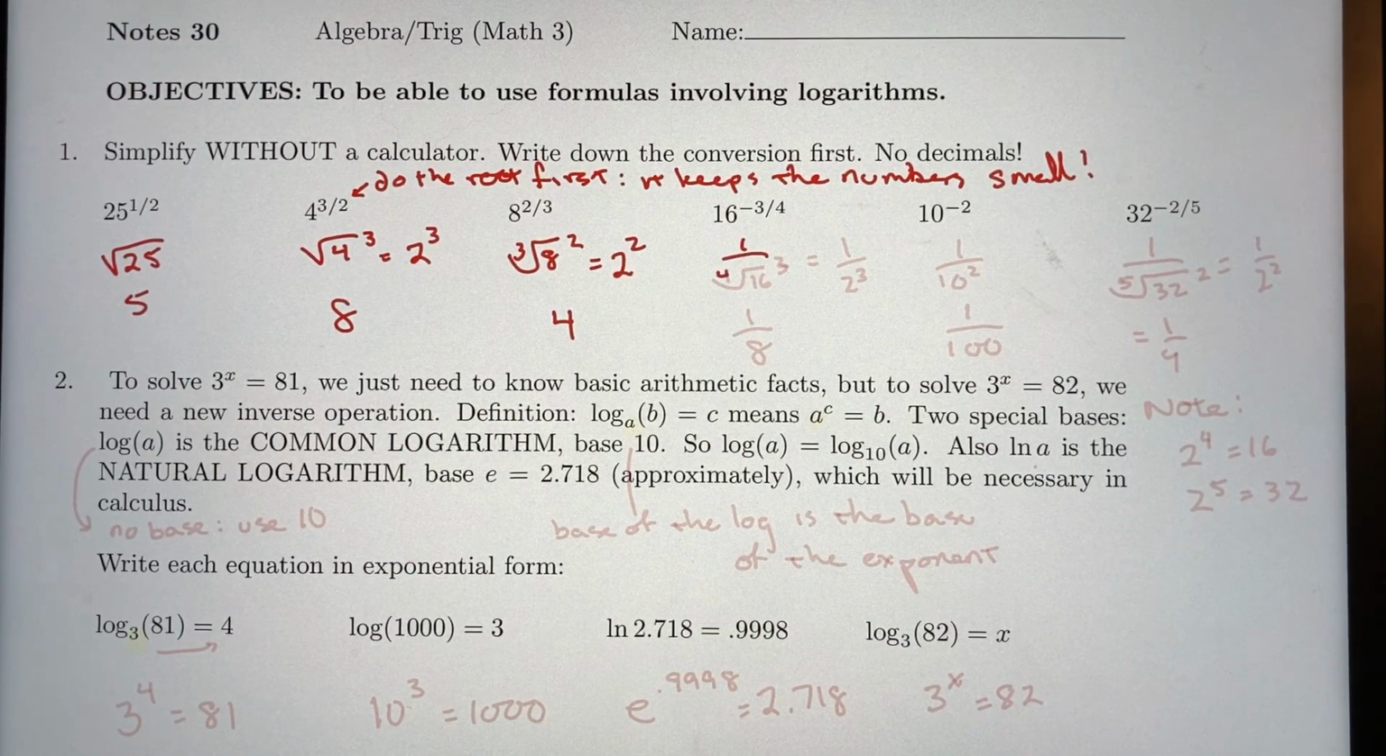1 over 4th root of 16, again, 2. And then cube it. So final answer is 1/8. 10 to the negative 2, flip and square. So